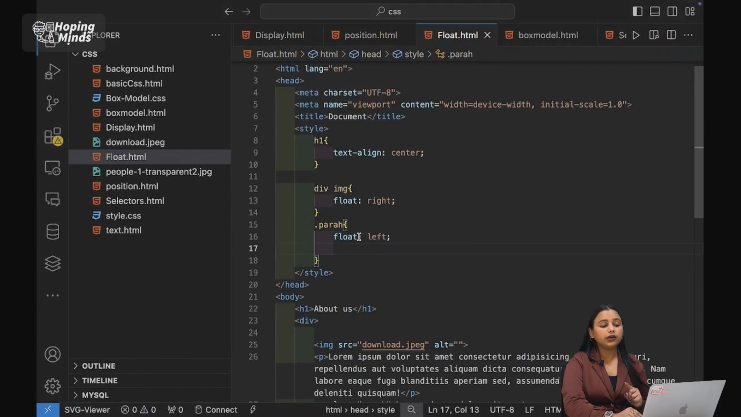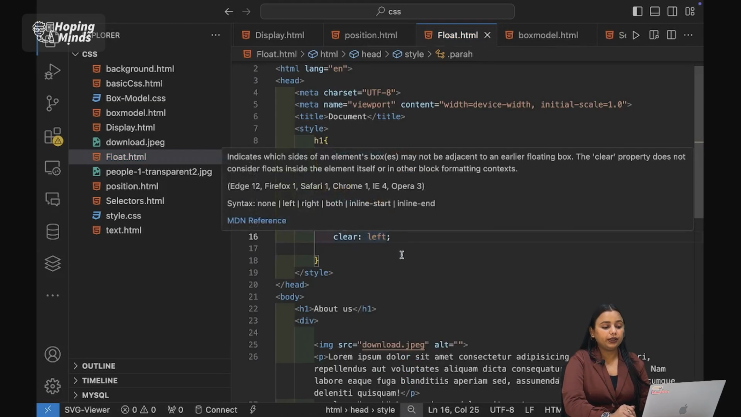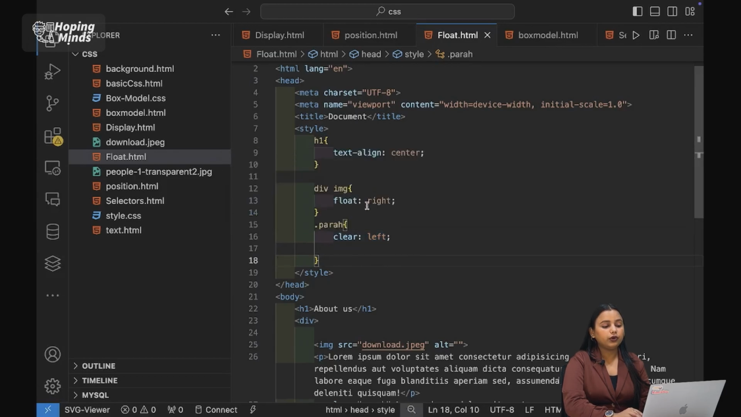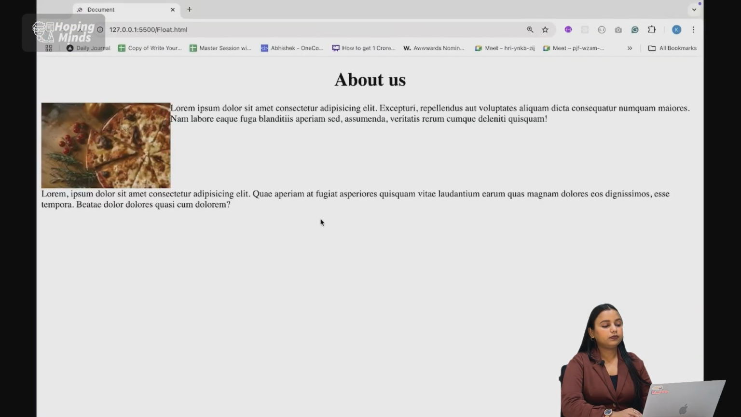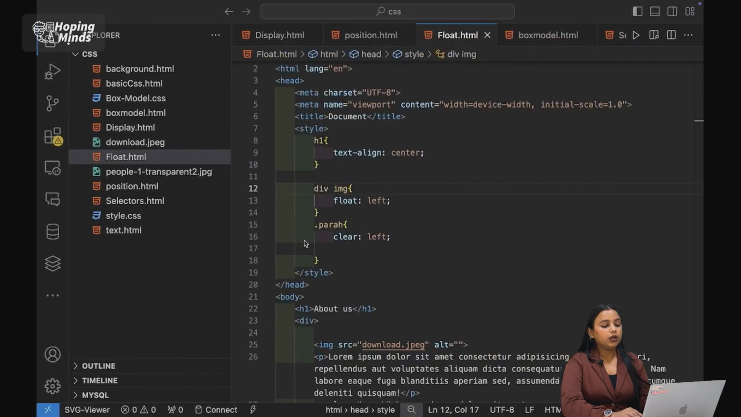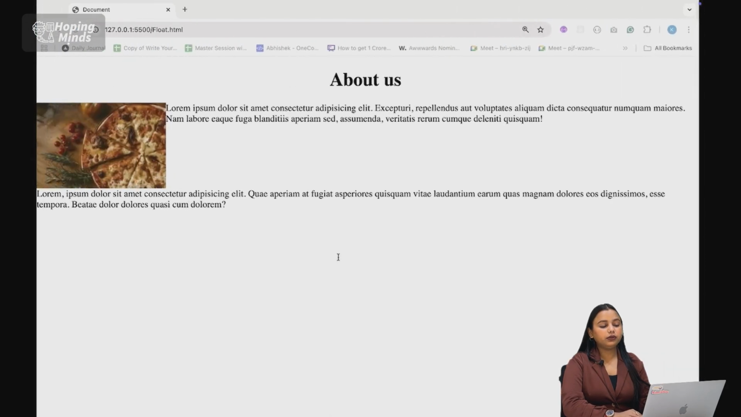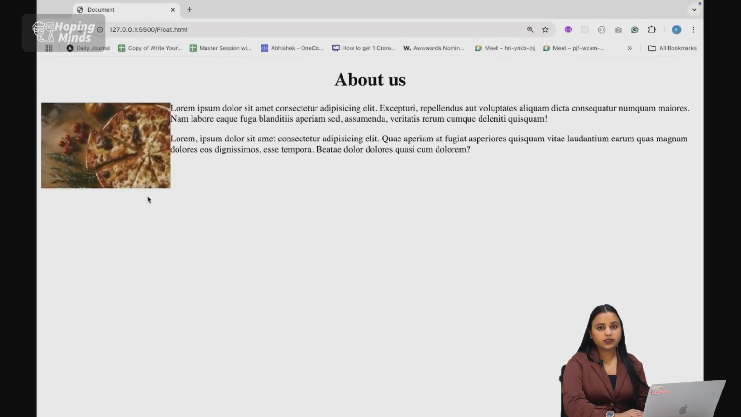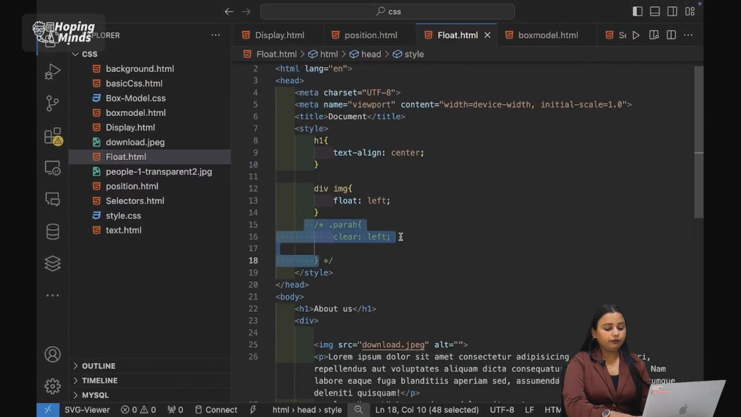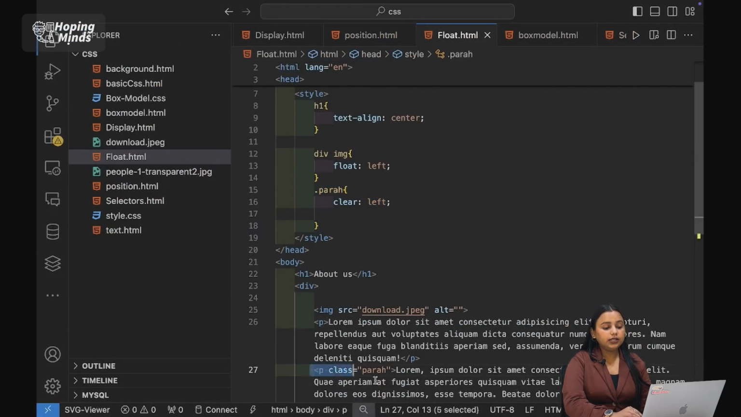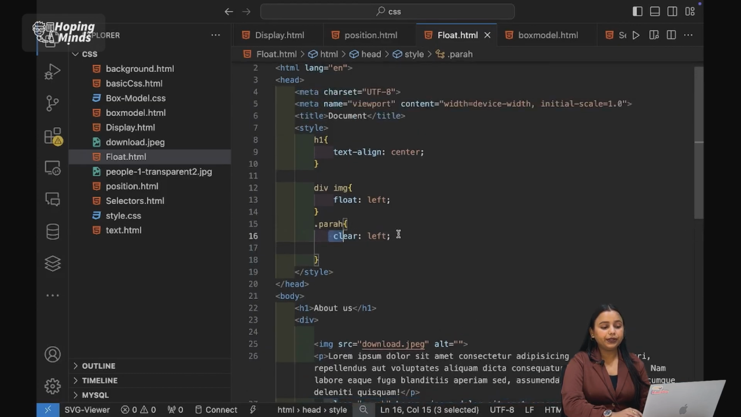But you want to clear it. For that, you have a clear property instead of a clear value. So what will you clear? You want to clear the left property. Okay, so see how it is going to move. But you have given it a right, so it will not work. Put it as left. Now see what is happening. When you have not given the clear property, the image is on the left side and the content is on the right side. But if you give this paragraph a clear property of left,